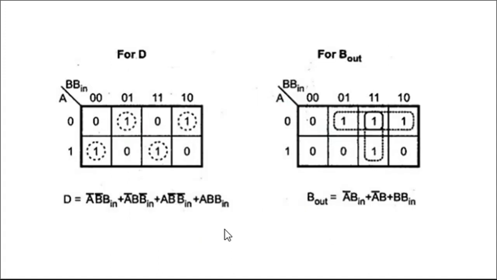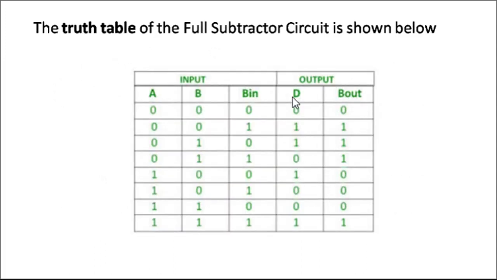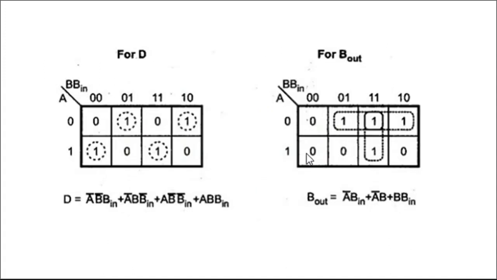After that our procedure is the K map. K map for the D, with A, B, B in: 0 0, 0 1, 1 1, 1 0, and 0, 1. According to this K map, we know how we can construct the groups, here are again four locations. Mark the ones in the K map like this. This is one pair, this is one pair, this is another pair. After solving this, we got such an expression.